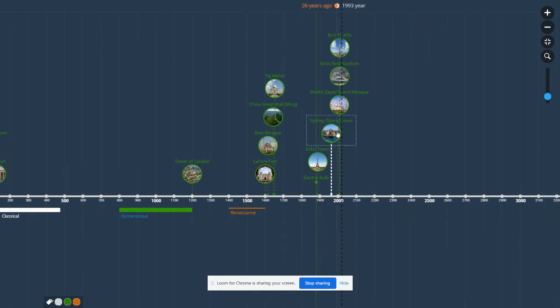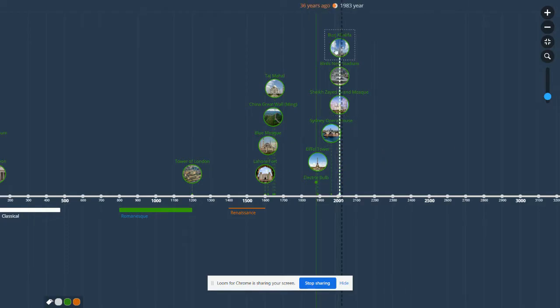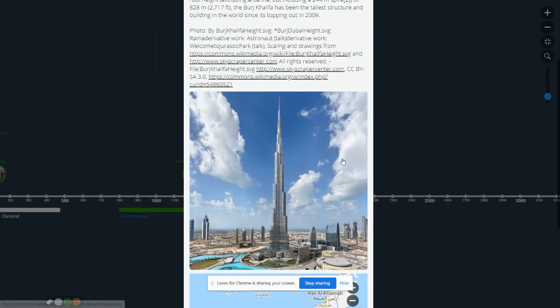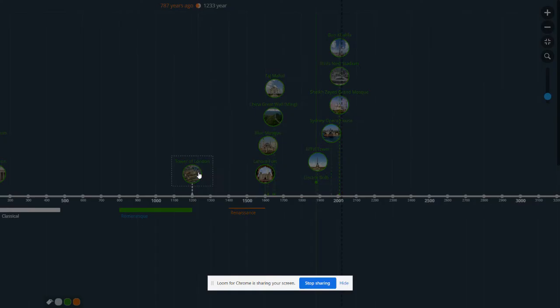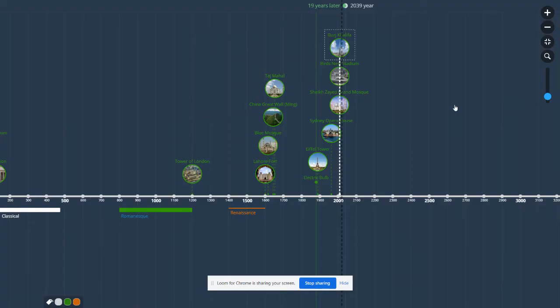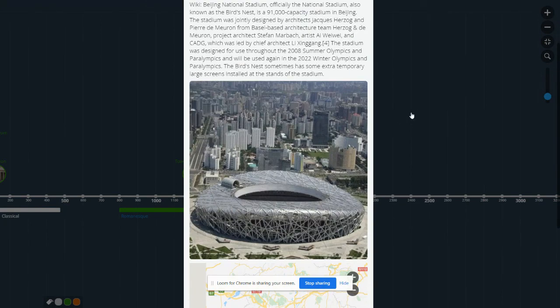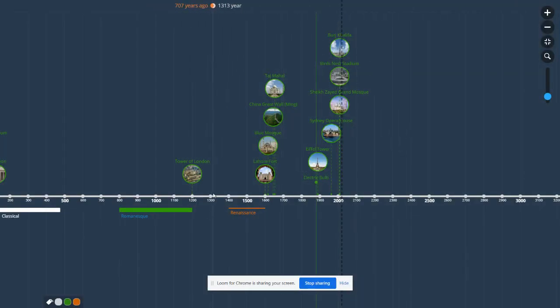And then you see buildings that you just don't connect. For example, the Sydney Opera House, this just beautiful building, and then you see the Burj Khalifa. I mean, it seems like a different civilization built it. You look at this structure, you look at the technology that goes into it, that shoots straight up in the sky. You don't really think that you go from the Tower of London, and 400 years later, you arrive at the Burj Khalifa, or say the Bird's Nest Stadium. I mean, these appear like alien structures, and that's fascinating.